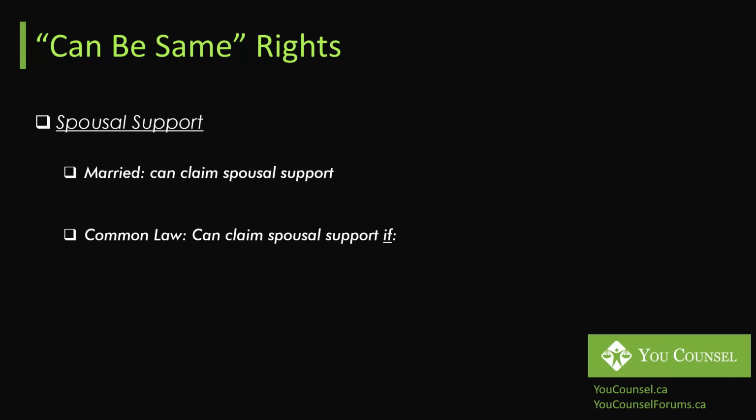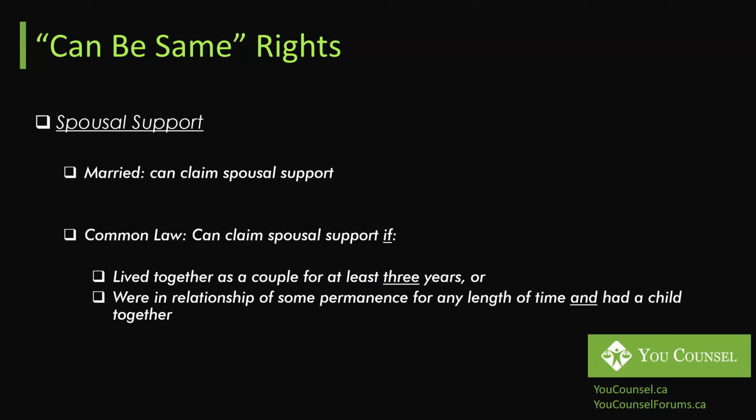Now, a common law partner can claim spousal support only if they have lived together as a couple for at least 3 years. That's in the province of Ontario. I believe the other provinces may have different time periods for staying together, but in Ontario, 3 years. If you have lived together for 3 years, only then you can claim spousal support, otherwise not. Or